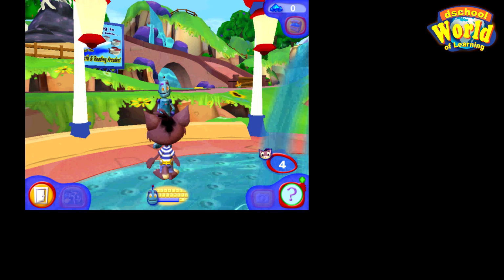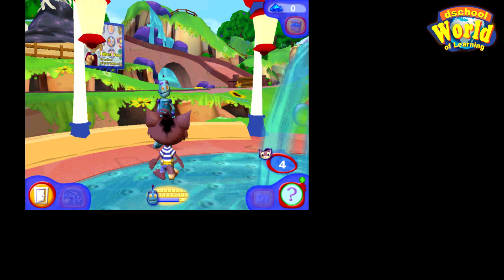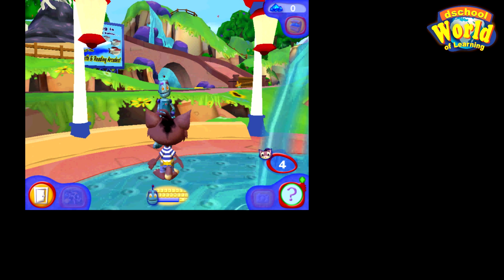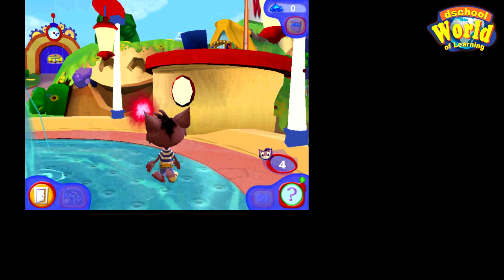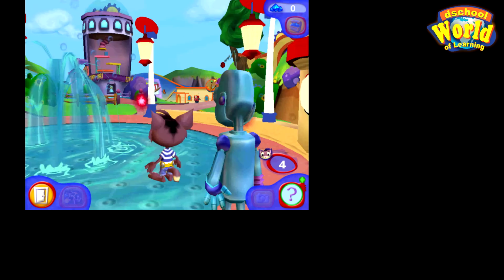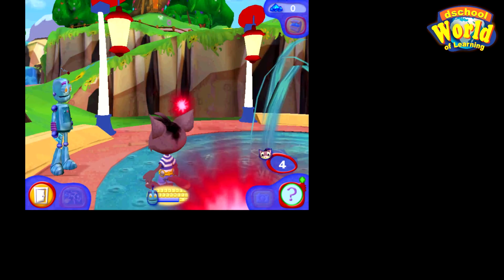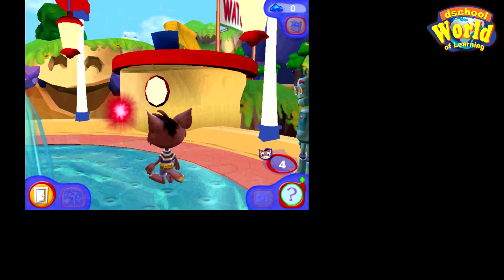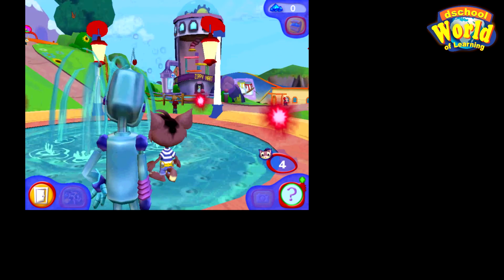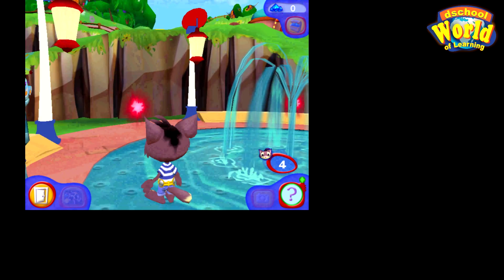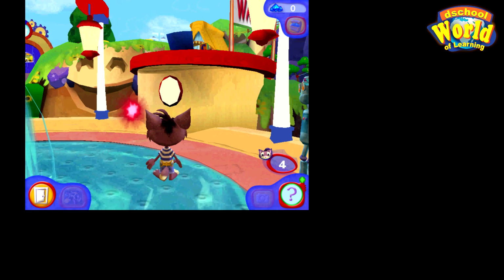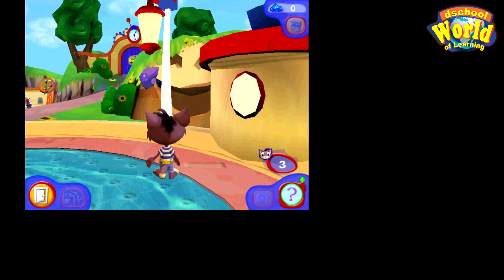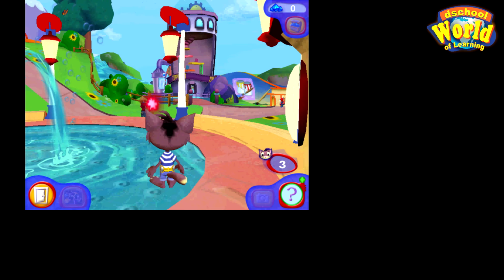So the instruction is we have to collect the 4 red orbs. Take note, we need to collect the 4 red orbs around the fountain, and we do that by walking over them. So turn your character around. Click on one of the buttons, either left or right, to turn the character around. You should be able to see the shiny red orbs. Can you see the shiny red orbs? If you can see them, then move your character forward by clicking the up arrow towards that shiny red object. Okay, so let's do that now.